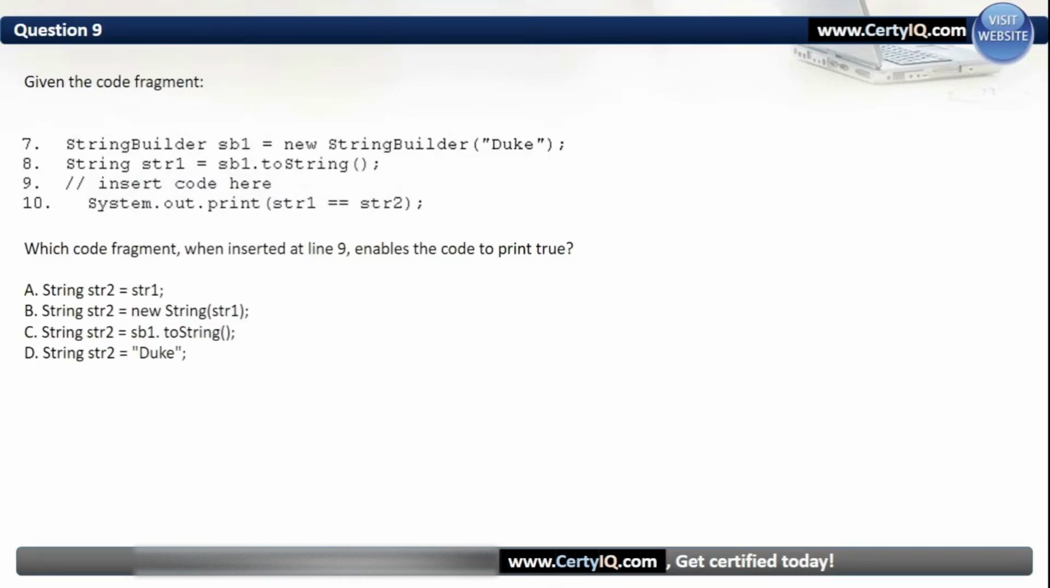Question 9. We are given the following code fragment. Which code fragment, when inserted at line 9, enables the code to print true? Our options are A. String str2 = str1; B. String str2 = new String(str1); C. String str2 = sb1.toString(); Or D. String str2 = "Duke";